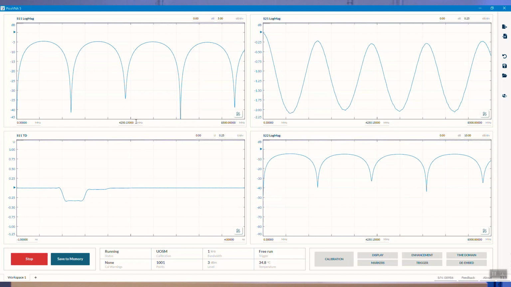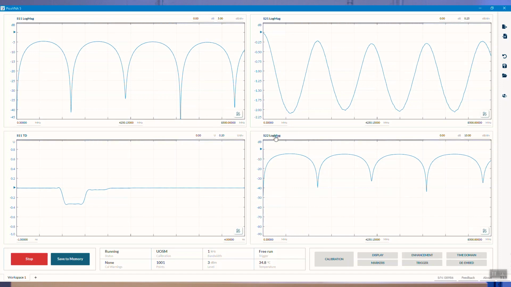Notice that whenever I hover anywhere, I'm getting a live cursor readout, and that will be on all traces that are on the screen. There's only one in each plot at the moment. Very convenient this for reading off frequency along the bottom and the current amplitude without having placed a marker at all. Let me just adjust the sensitivity here. Type that 0.2.